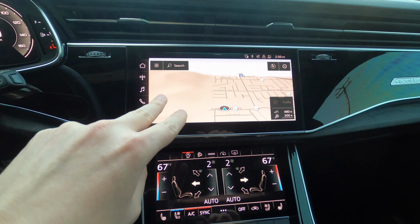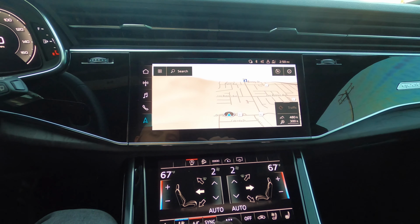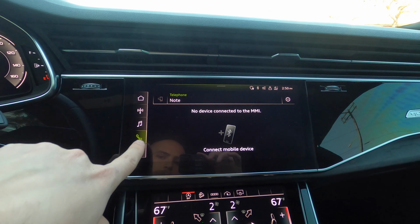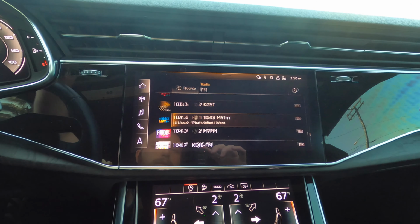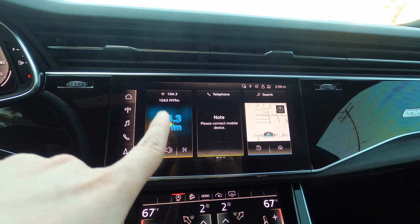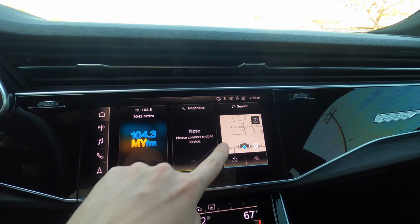It does have this haptic feedback touch, which I personally do not like. I actually got rid of that, and you're pretty much good to go with just the clicks. You can connect your mobile devices, play music. It's going to have your radio stations here as well, and if you just go home, it'll give you your basic outlook. It'll give you your music that's playing or radio that's playing, your phone, as well as some navigation